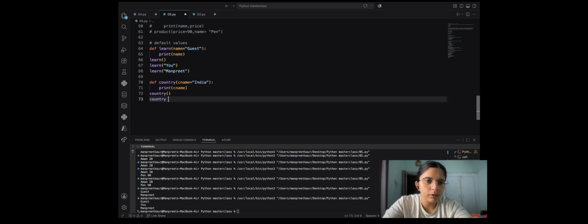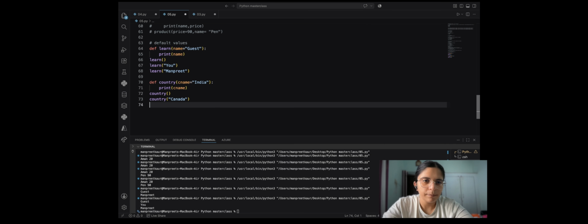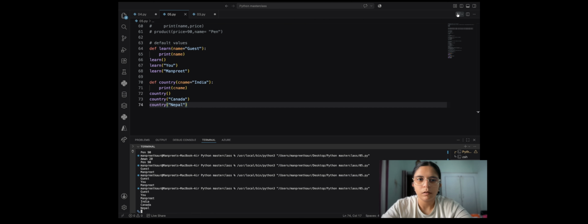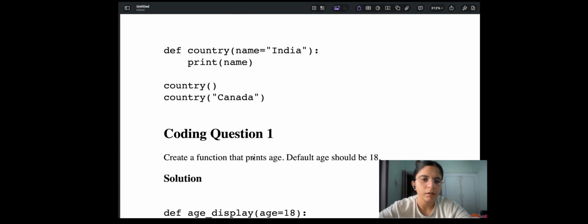Else it would give Canada, Nepal. Yeah, India, Canada, Nepal. That's it.